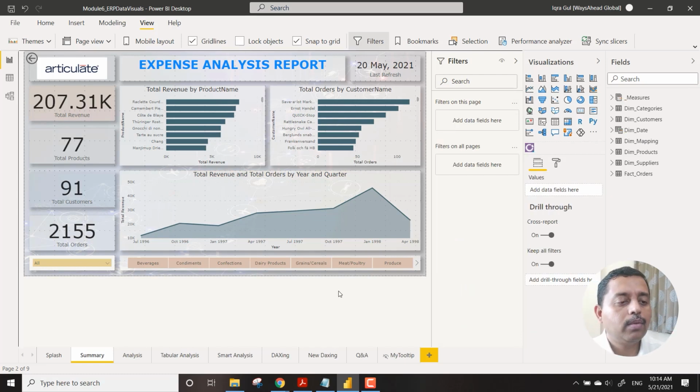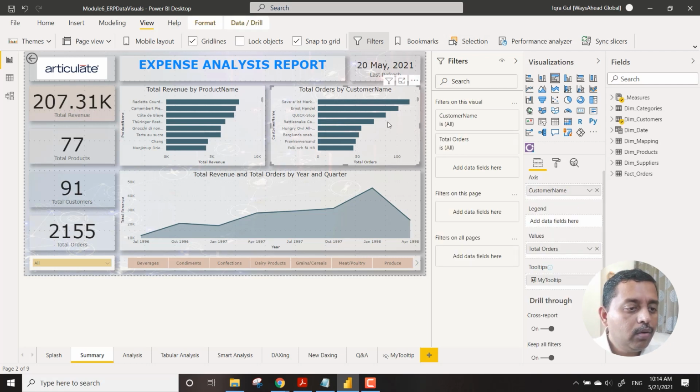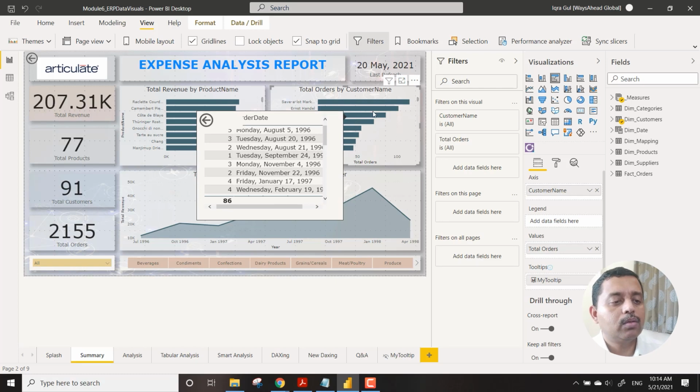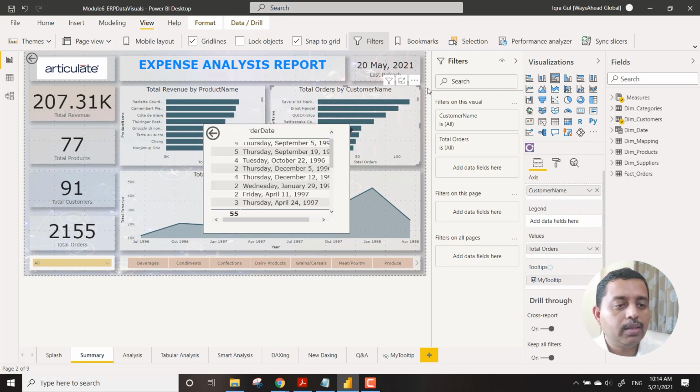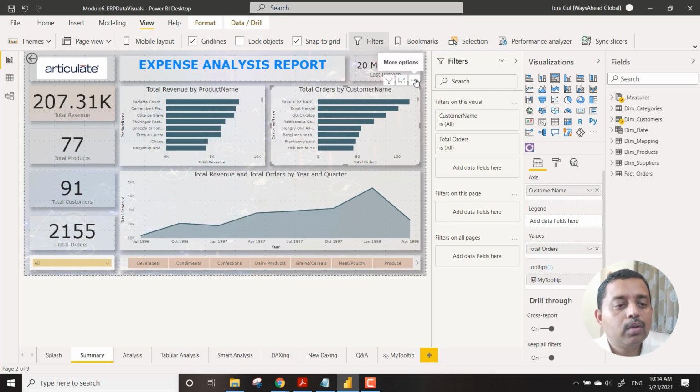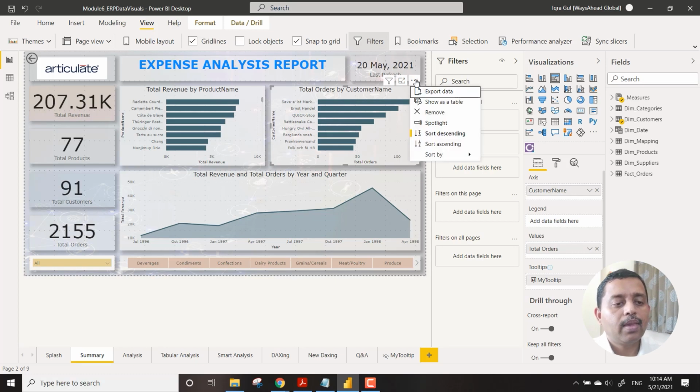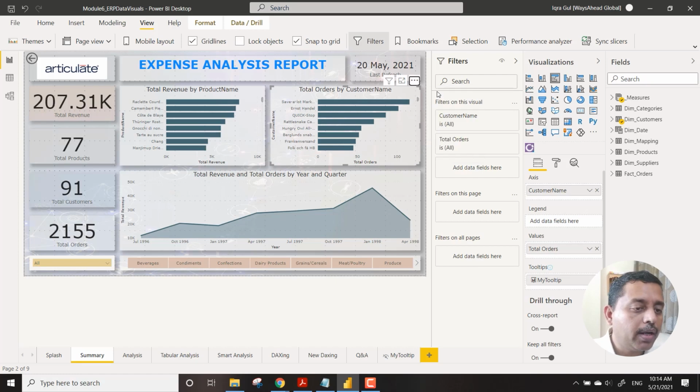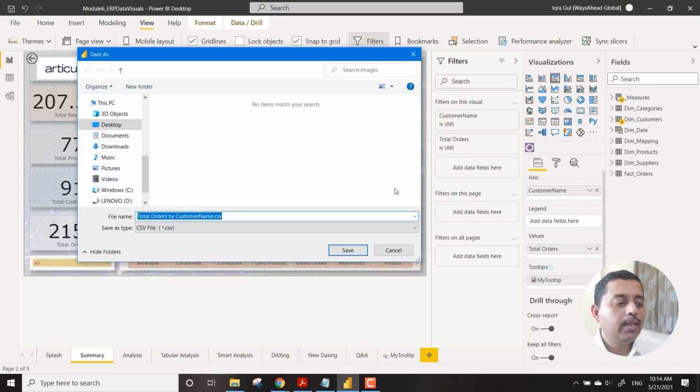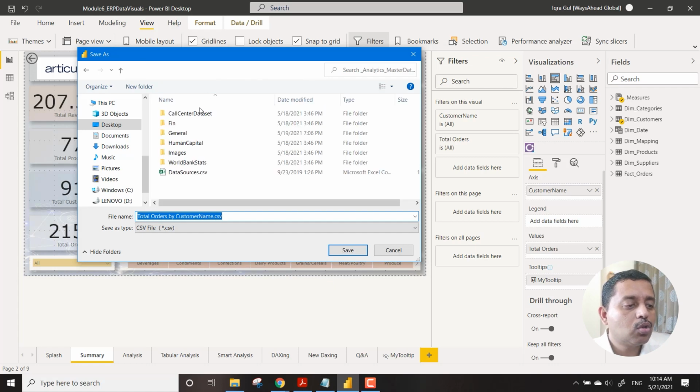Now what I am trying to discuss over here is, when you look at this data, it says total orders with customers, and you are able to see all these things. Now you click on these three dots, and go to this option called export data. So this data will be exported. Let me show you how this will be exported.